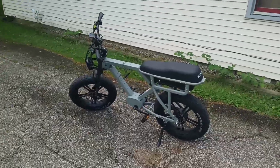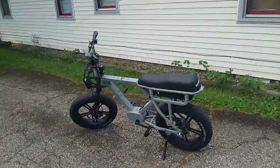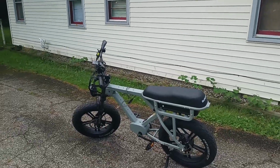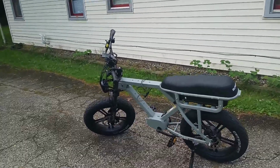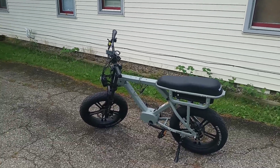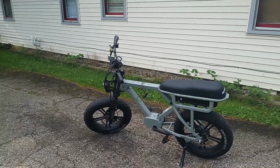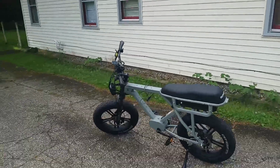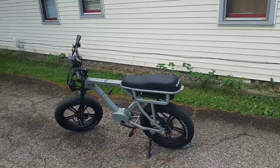But yeah. If you guys want an update on this later, like after I ride it and put like 1,000 miles on it, maybe we'll do an update on it. I don't know if it actually keeps track of all your miles or not. I'm curious if it does, because I know the other e-bikes do that. I hope it does. It probably does. I imagine it does. As fancy as it is, it has to somehow. But anyways,